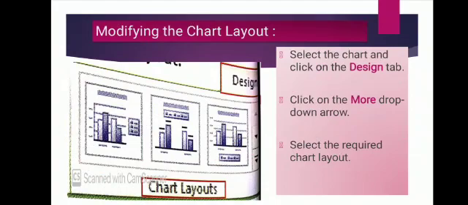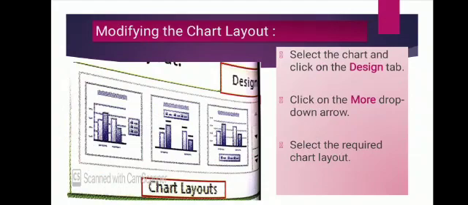Now you want to modify the chart layout. Formatting means it improves the appearance of the chart. Means simply you had inserted a chart. Now you want to add a title, you want to change text, font, line, color, width, border style, data series, anything that you want to change. So when we insert a chart, three new tabs will appear: design, layout, and format. So these various chart tools and commands allow you to modify the format of the chart.